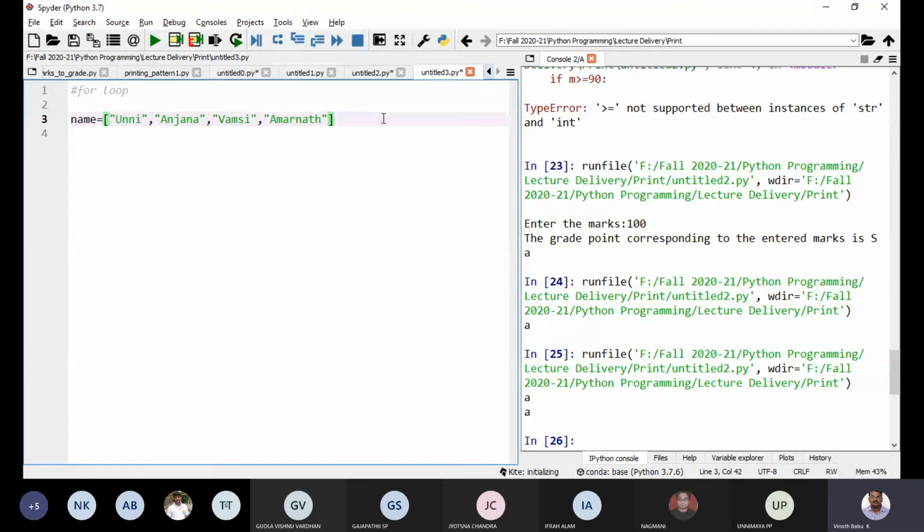This is a list. I just want to print each element of this list.